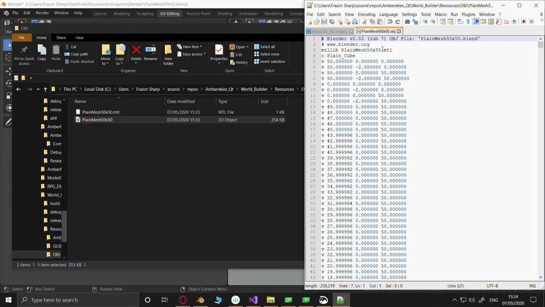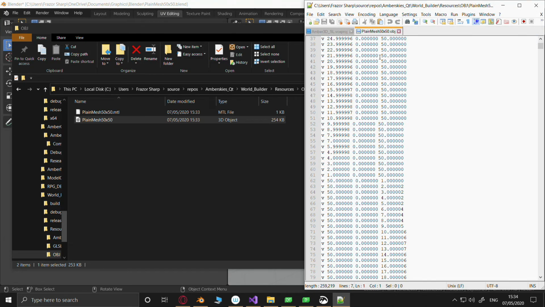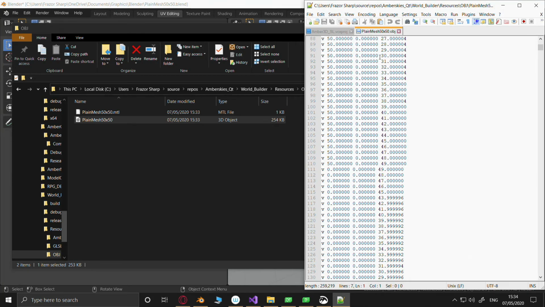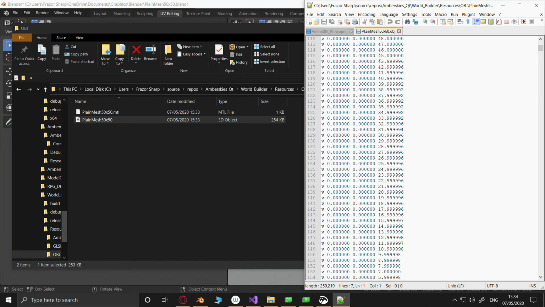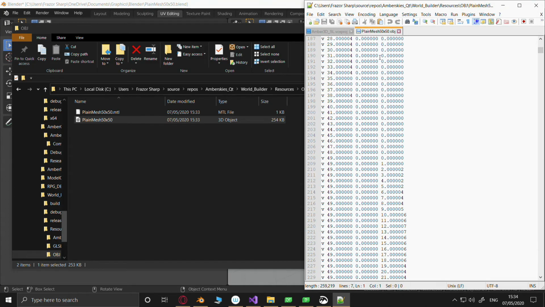It's given the proper MTL mesh. Called it plane cube. Alright, object plane cube. Oh, right, there's all the vertices. Of course.